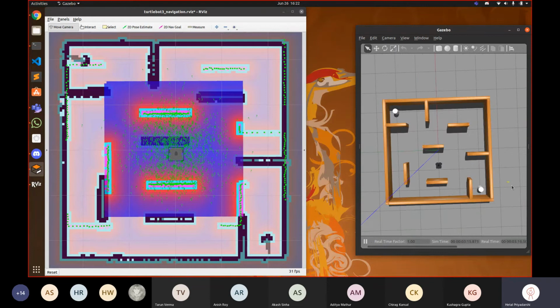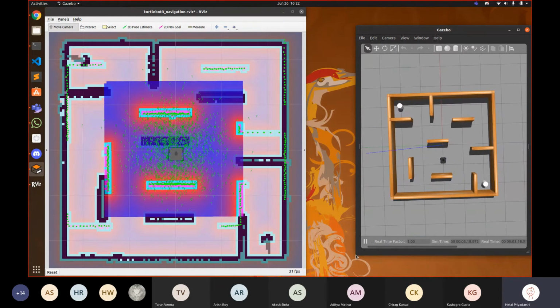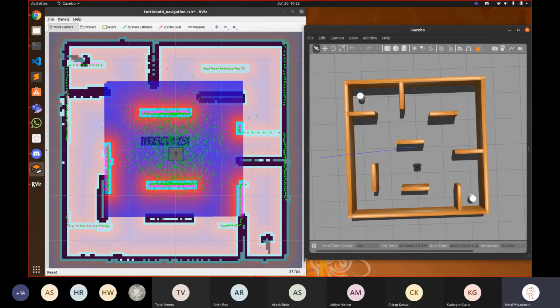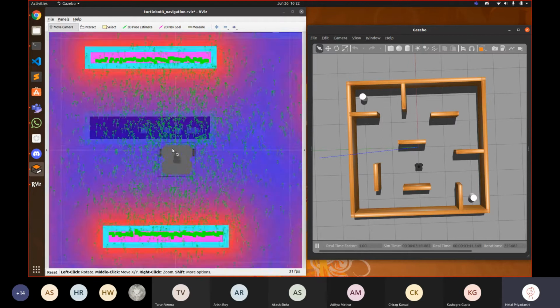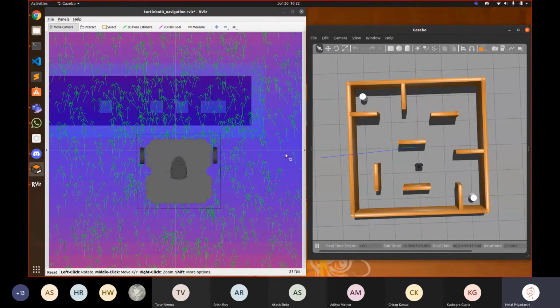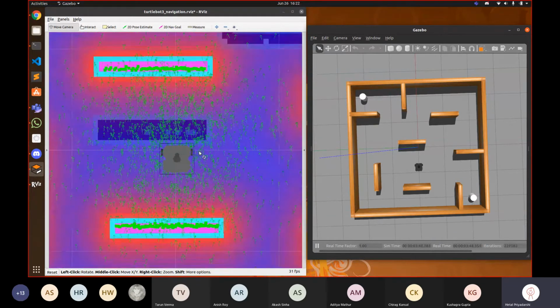So what we did earlier, we generated a map, and now we have given this map to the robot. By exiting Gazebo, we ended that session. Now we are in a new session of Gazebo, and the first thing we'll do is try to find where we actually are in this map. That's the game plan. All of these green dots, the green arrows around the robot, are potential positions where the robot can be.